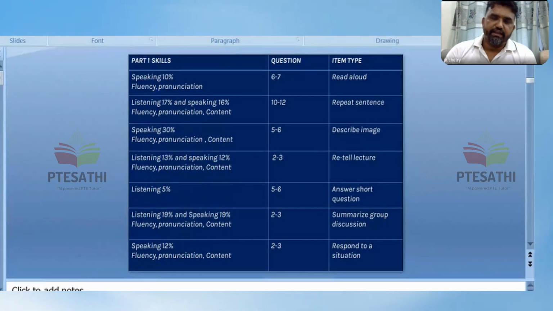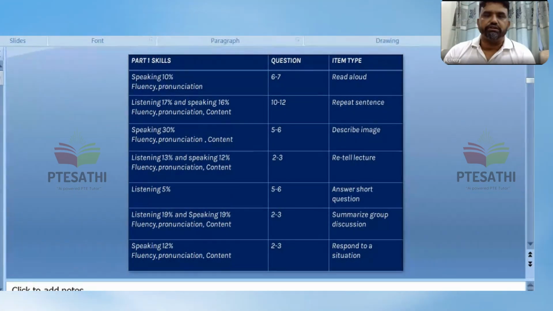And so recently I have taken the examination, and I experimented with certain strategies there. My conclusion is, read aloud is not an important question. Even if you skip this question, you can still get very good points. Unlike this, the question which used to be least important in the past, that is describe image, has